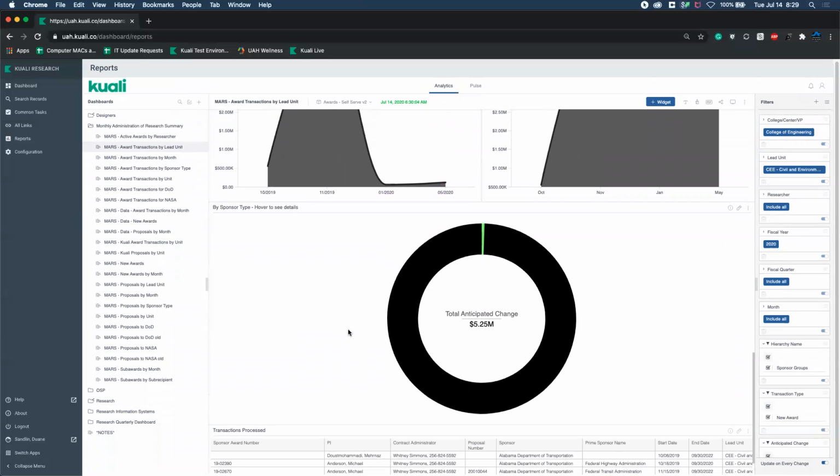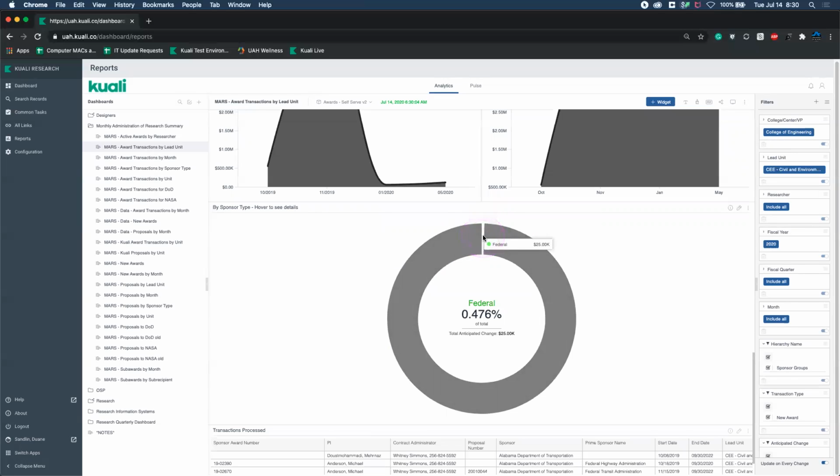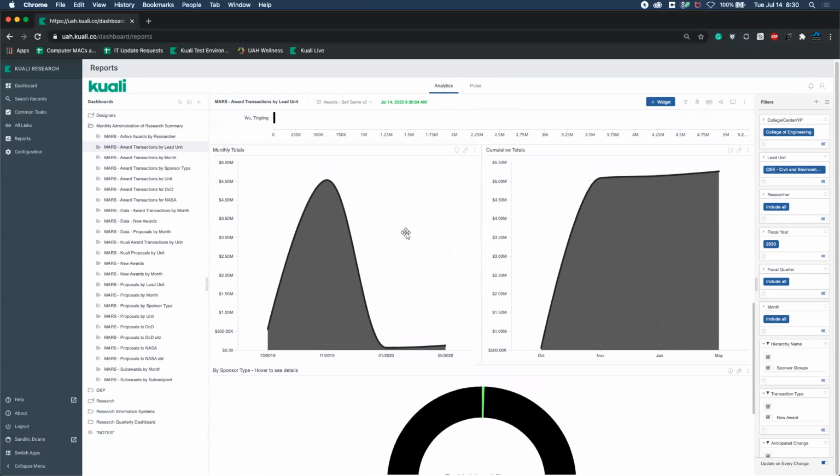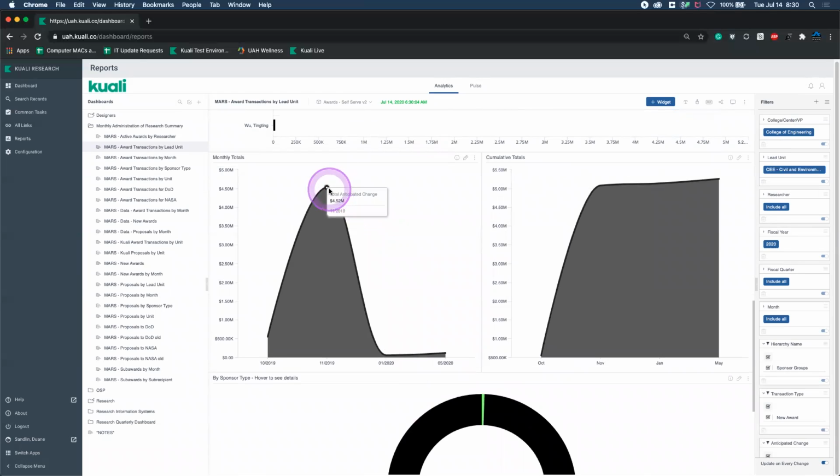One thing to note for these reports, if you take your mouse cursor and hover over the data, it gives you additional information. For the sponsor type, it'll show you the percentage of the total and the total amount, state and federal for this one. If you go up to your monthly charts, it gives you the number for each month. And over on the cumulative side,